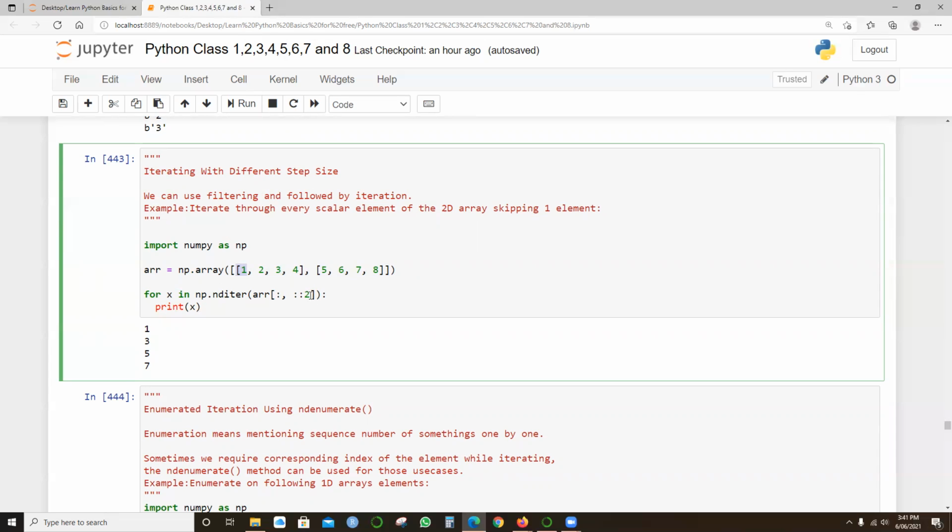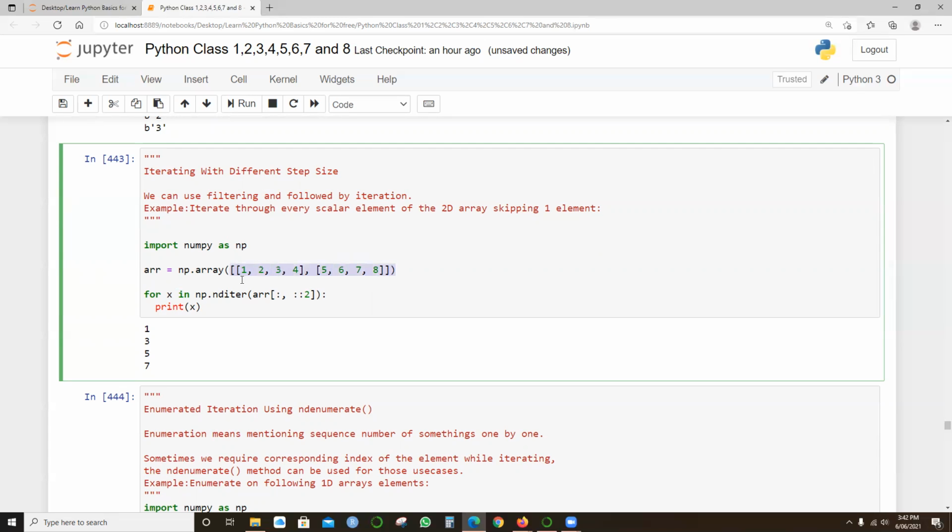The reason is the step of 2, right? After 3, we are not displaying 4, but 5, again 7. So 1, second is skipped, and 3, fourth one skipped, then again 5, sixth one skipped, again 7, right?